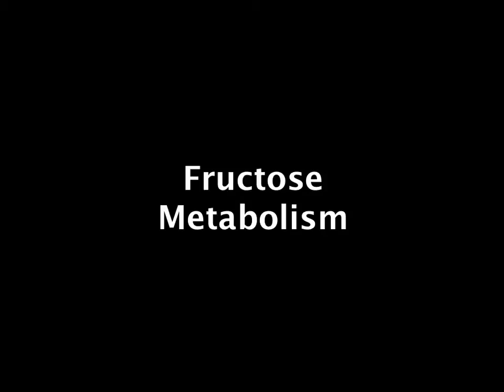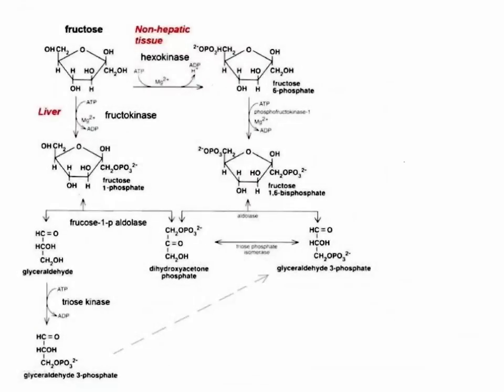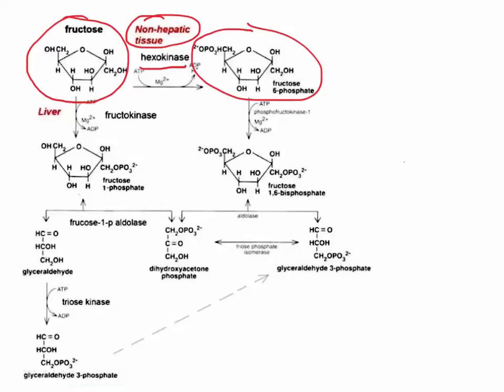Now on page 3, we begin with the pathway for fructose metabolism. In order to metabolize fructose or galactose, we need to convert the monosaccharides to an intermediate in the pathway for glucose metabolism. For fructose, there are two ways to do this. Remember that hexokinase, which phosphorylated glucose in tissues other than the liver, can phosphorylate other monosaccharides, and this includes fructose. So in non-hepatic tissues, fructose can be converted to fructose 6-phosphate by hexokinase.